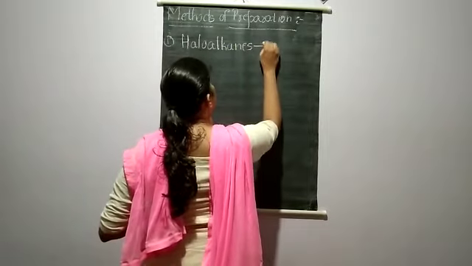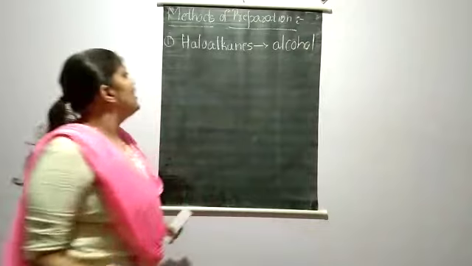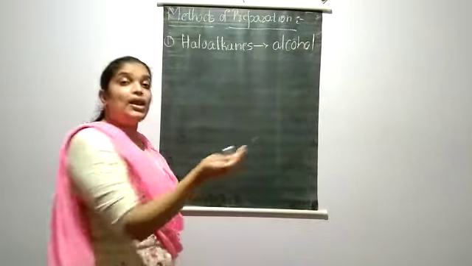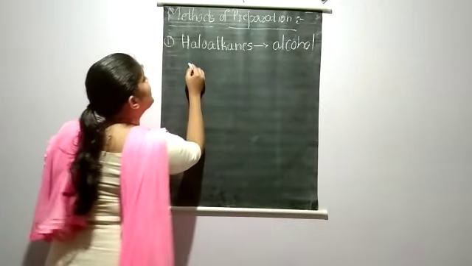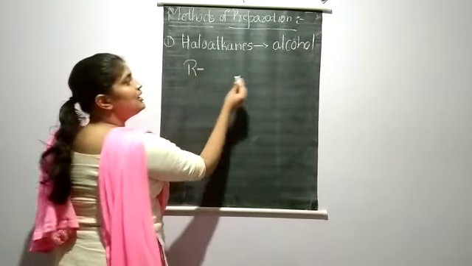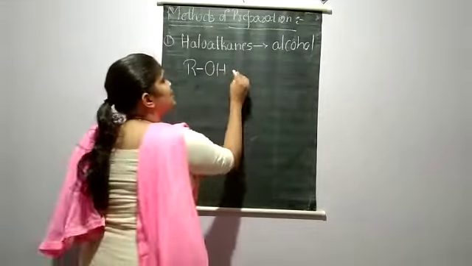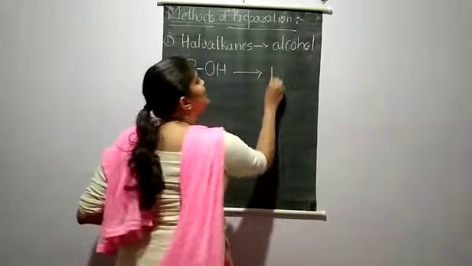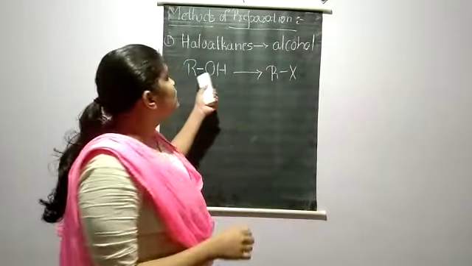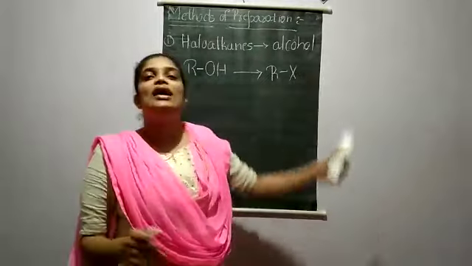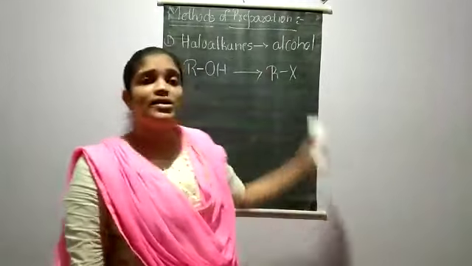Preparation of haloalkanes by using alcohol. Now you know that we have to prepare haloalkanes through alcohol. That means what do we have here? Alkyl group. Okay, if alkyl group is attached to OH, that becomes our alcohol. So that has to be converted into what? Alkyl halides or haloalkanes. Now this alcohol can be converted into alkyl halides using different ways. Okay, it can be converted into haloalkanes using different ways.